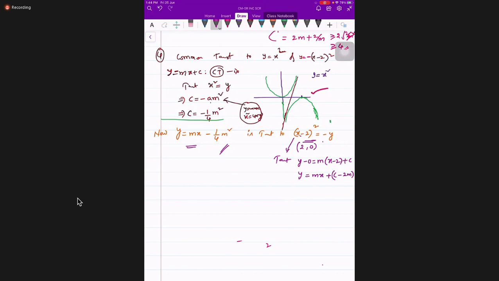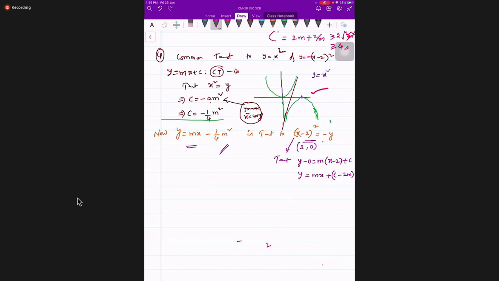c minus 2m equals to minus 1 by 4 m square. That also you can apply. Okay, don't confuse your students. Between parabola to parabola, vertex is changing, then there is a small point to confuse. So please avoid that. m equal to 0 and m equal to 4, two conditions we got. Of course, we have done already. The answer is also correct.